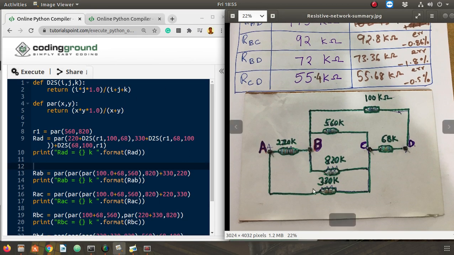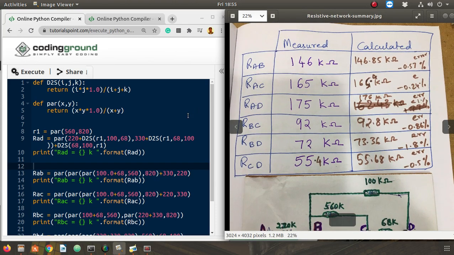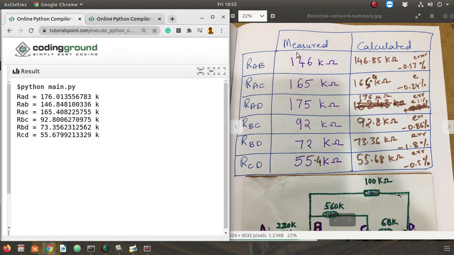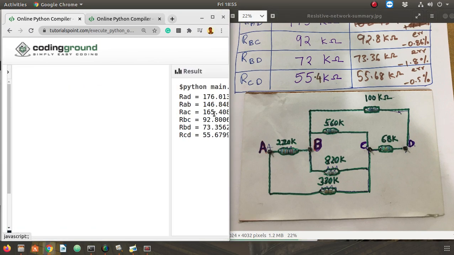And here is the circuit. We have calculated the resistance of all the branches, and then here is the measured, calculated, and coded. Okay, so middle is measured, right is calculated, left is the coded values. All are matching with each other. Everything is going fine. We are happy, and with that, I think this section, I mean the playlist will still continue, but this particular analysis of this particular circuit we will stop here, and we will take up something else, and we'll move forward.